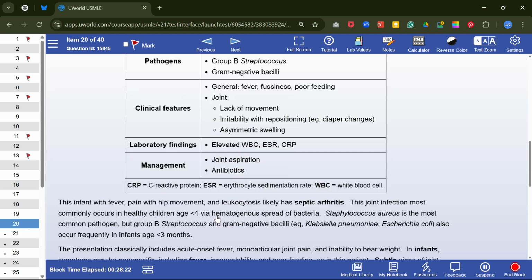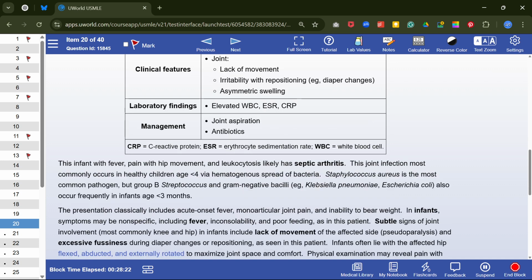The infant with fever, pain with hip movement and leukocytosis likely has septic arthritis. This joint infection most commonly occurs in healthy children aged less than 4 via hematogenous spread of bacteria. Staph aureus is the most common cause,